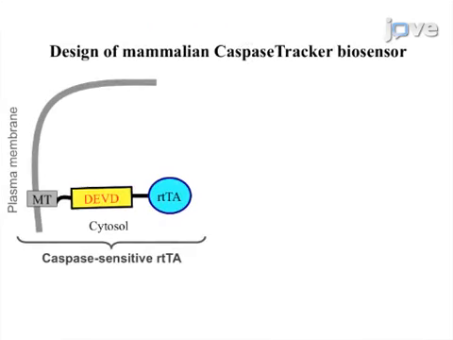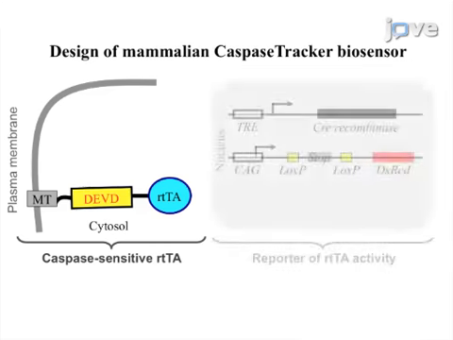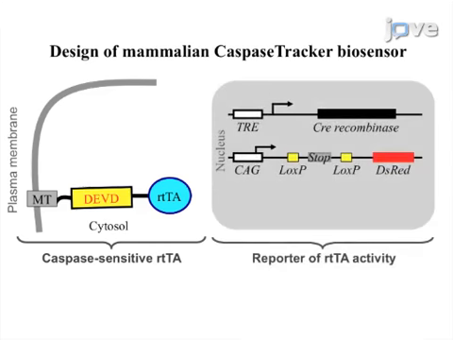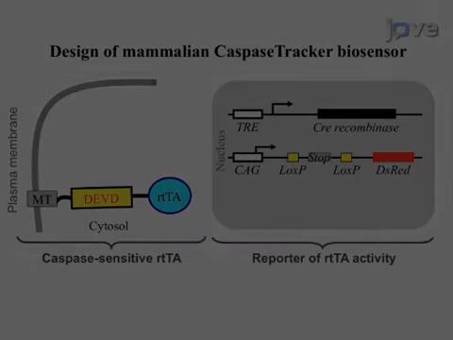This biosensor system consists of two components, the caspase activatable transactivator rtTA and the Cre-LoxP-based rtTA activity reporter. In healthy cells,